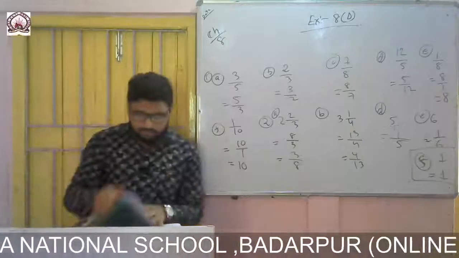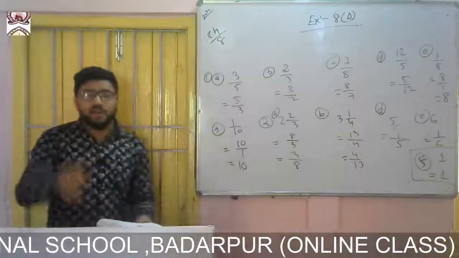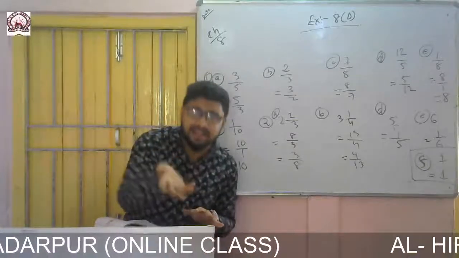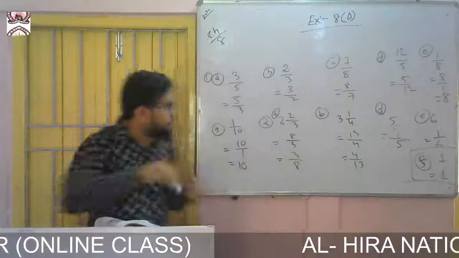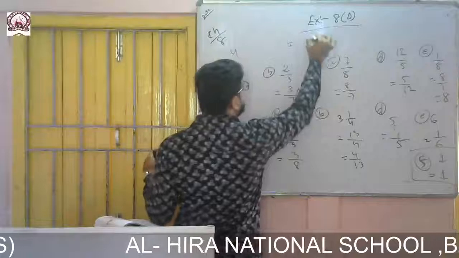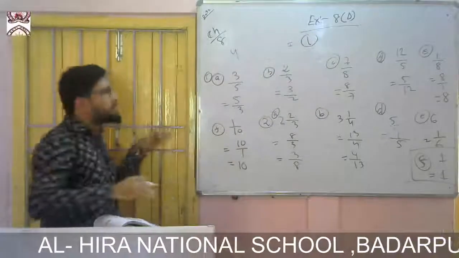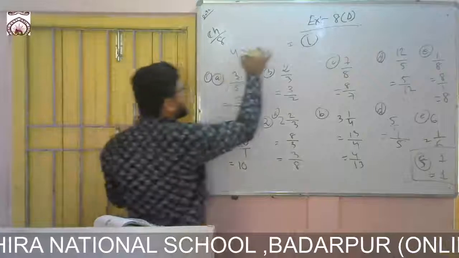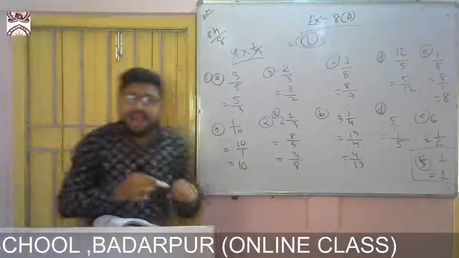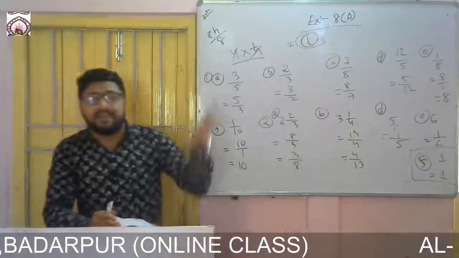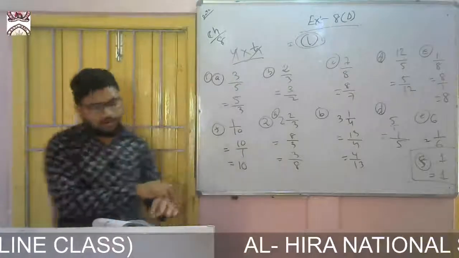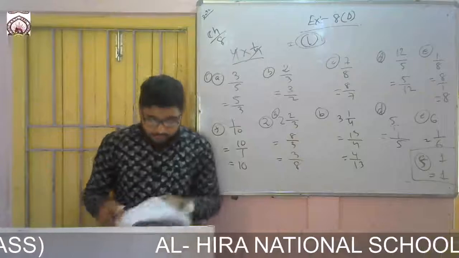Okay. To get 1, just multiply the given number by its reciprocal, and you will get 1. Suppose this is 4, and with 4 you want to get the answer 1. So what should be multiplied? You just multiply the reciprocal of 4. The reciprocal of 4 is 1 by 4. So when you cancel, you will get 1. Okay. To get answer 1, just multiply the reciprocal of the given number. Okay, understood? I hope you have understood.